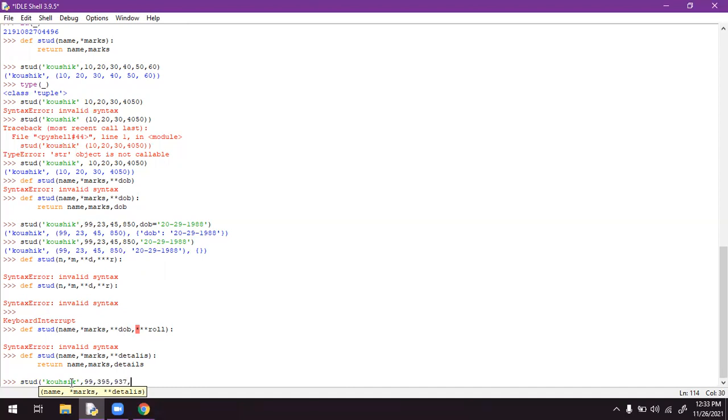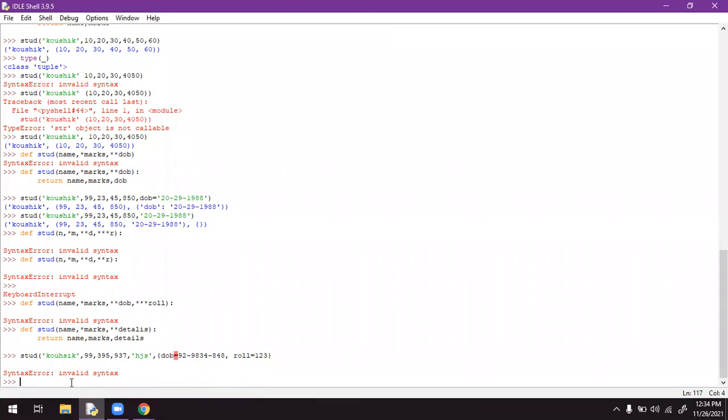Okay, or else you can type anything, it will take, but you have to mention it in quotations. If it is a decimal or an integer value, after that you have to mention in brackets if you have any details. DOB equals 20 dash some. Then you mention a comma and write like this: roll number equals 123. If I hit enter, it says it is an invalid number.